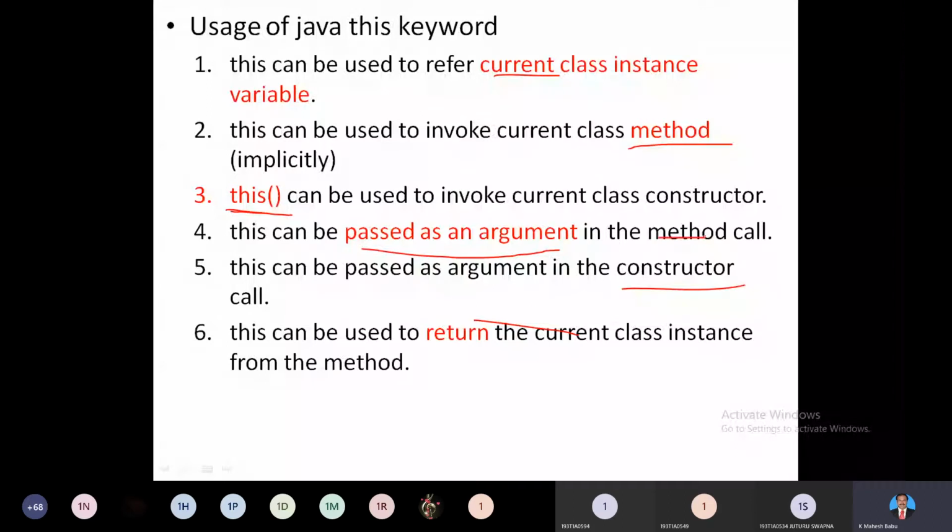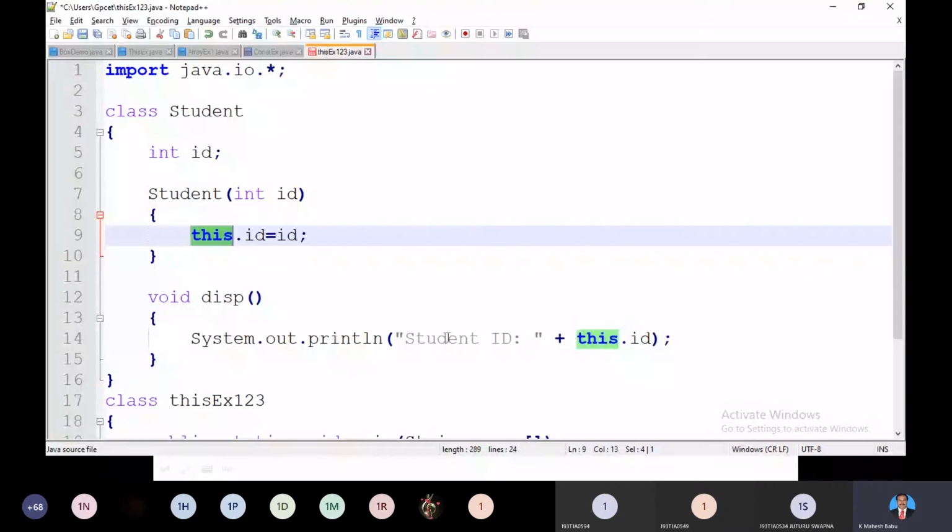But whenever you are representing the current object, we use this followed by a dot, followed by whether the method name or a variable name. And even while printing, you can mention this.some value or this.whichever is active in that. I'll show you a simple example, one more example.